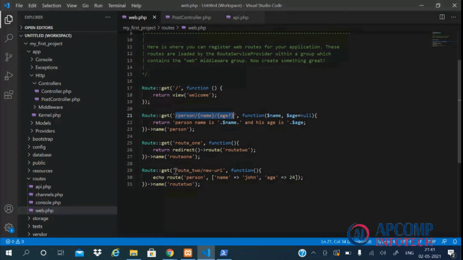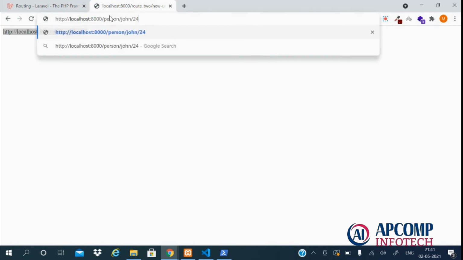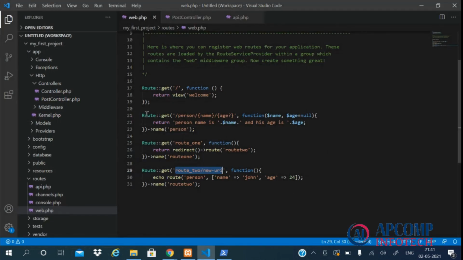Let's run this. We got our person John and 24, which is our this route with the parameters.